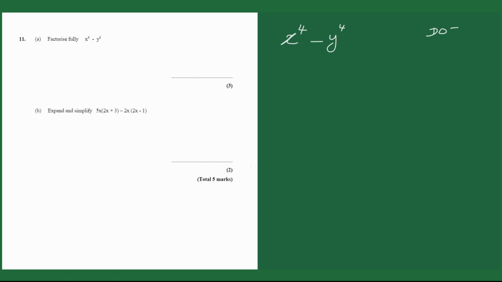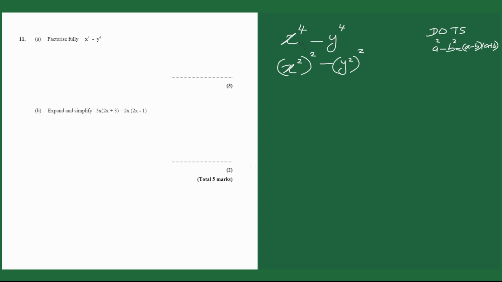We have only learned the difference of two squares, which is a squared minus b squared equals a minus b times a plus b. So somehow we need to make this one use the difference of two squares formula. So I'm going to use x squared to the power 2 minus y squared to the power 2,